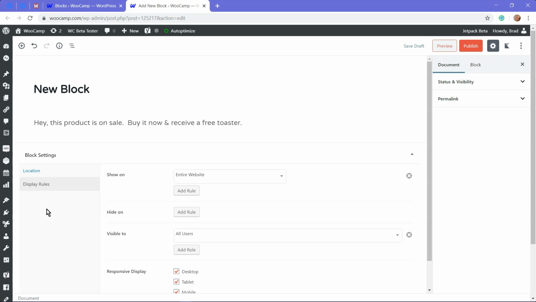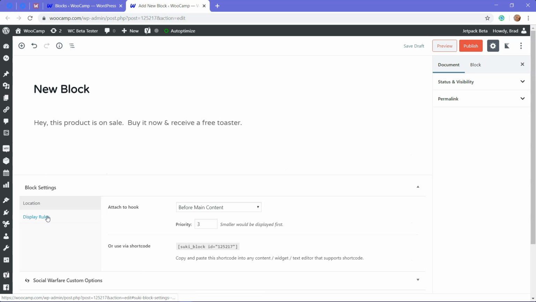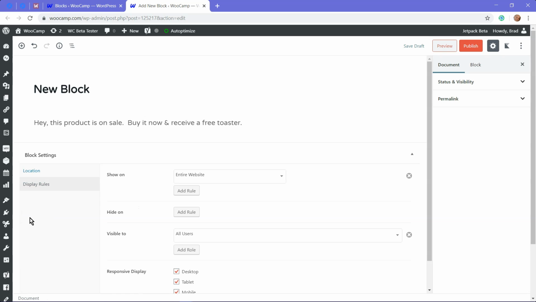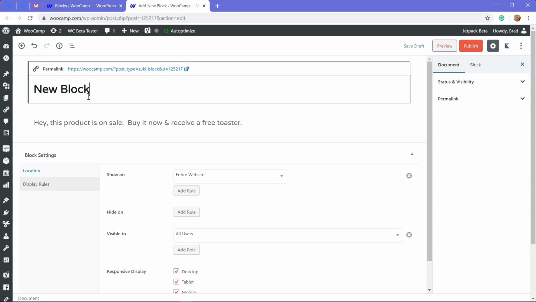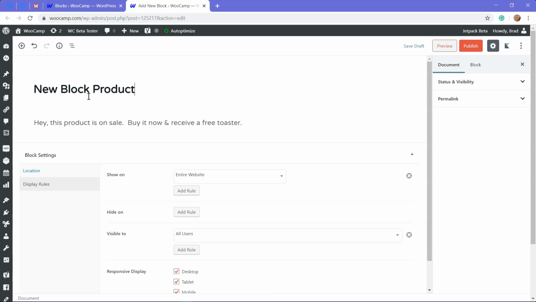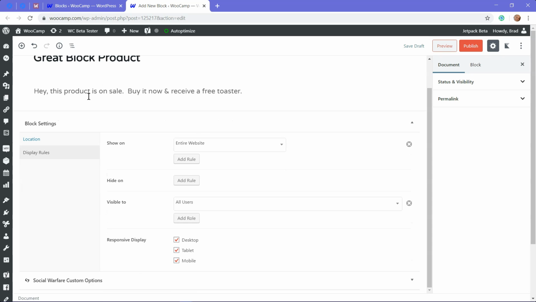But then right over here is the incredible part. You've got location, where, and then you've got the conditional here of display rules. Do I want to show this on the entire website? No. Actually, let me edit this right here. Great block product. So I'm going to go down here and I'm going to say I only want to show this on